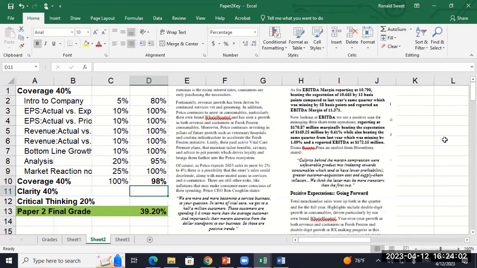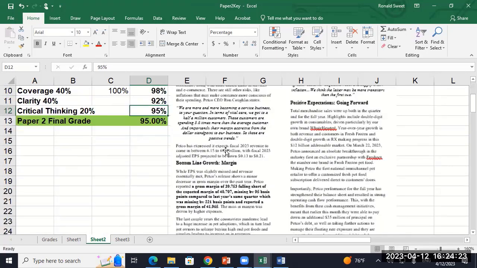reaction. On coverage, probably 90 to 92, critical thinking, it's hard for me to say because I'm not reading it closely right now. Maybe 90, but it's definitely, whoa, look at that. She just set a record. So it's definitely an A paper, but exactly where it is on there, like there's some things I can certainly